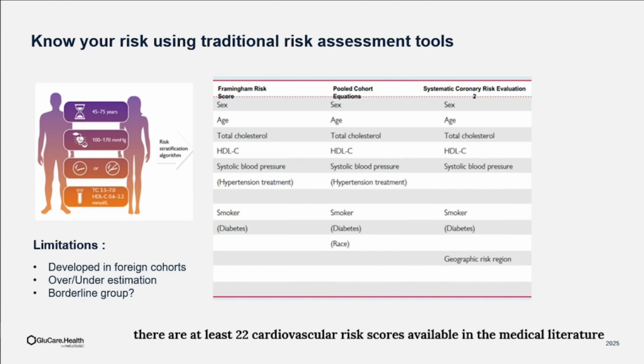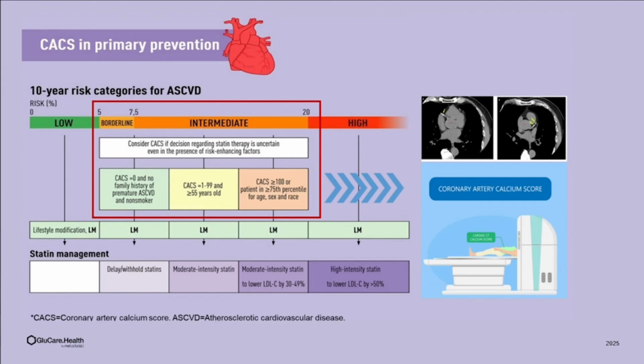released the PREVENT. So there are at least 22 cardiovascular risk scores in the medical literature. But the pooled cohort equation is the traditional one in use. But we know that these tools have been developed in foreign cohorts and cannot identify patients properly, usually underestimating the risk. Coronary artery calcium score is one of the gold standards used to identify patients with intermediate and